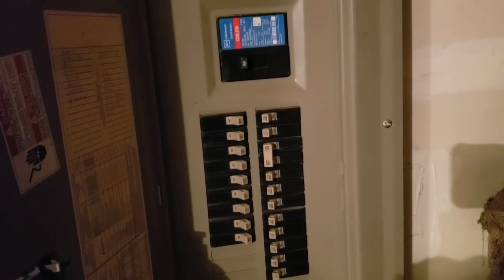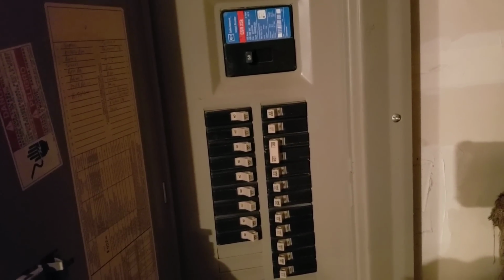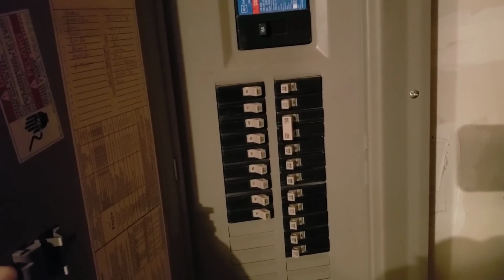All right, guys, before you begin, always make sure you cut off the breaker to your floodlight outside or any other lights or doorbells you're gonna do, because you don't want to worry about